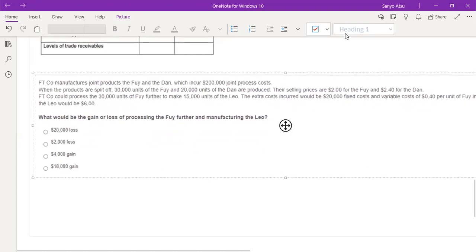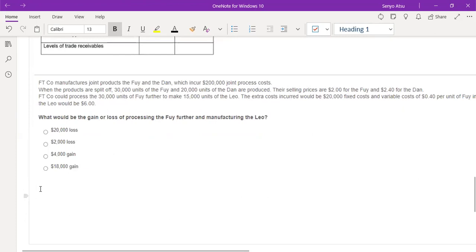Okay, now friends, this is the issue. The requirement says, this is a difficult question for most people. This is the kind of question you have to know will waste your time. What would be the gain or loss of processing the F further and manufacturing the LEO? Now, if